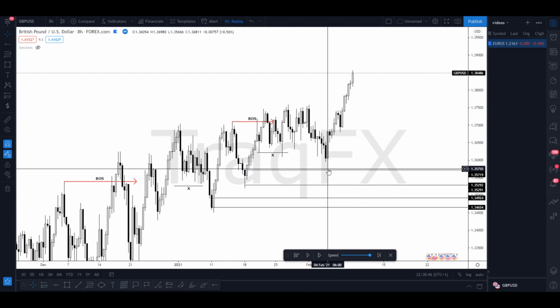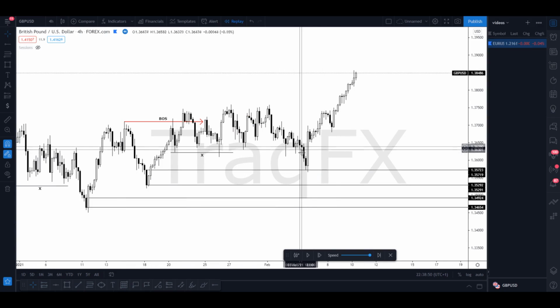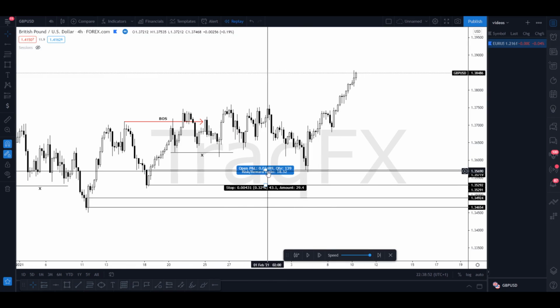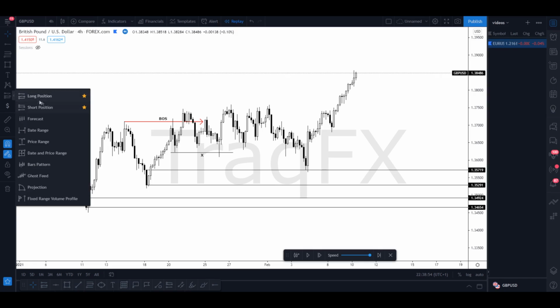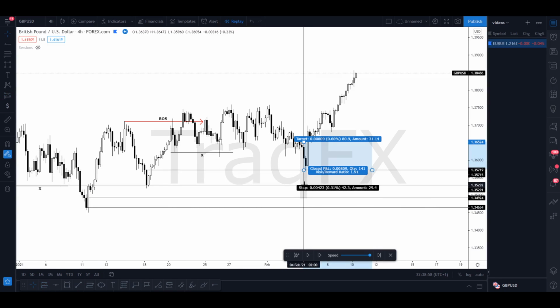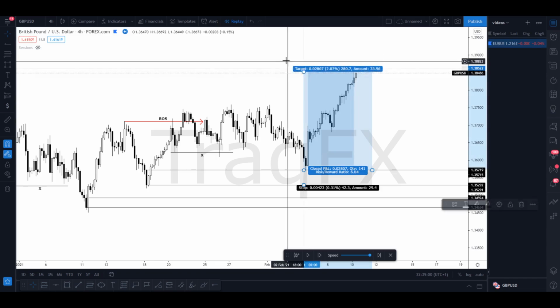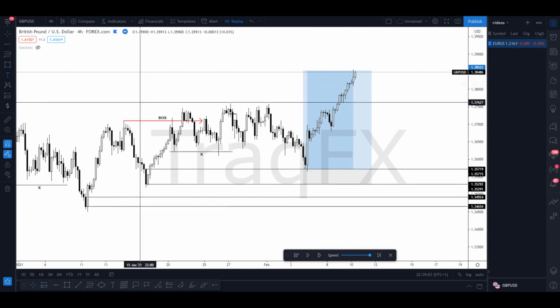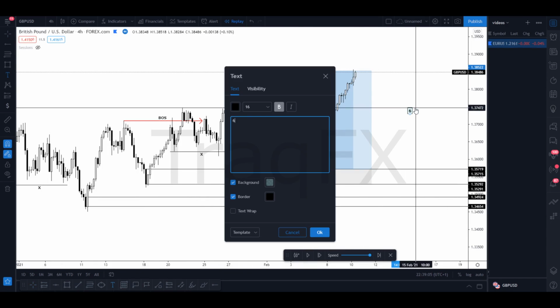So what I would do now is I would write down right here. We'll go down to the 4 hour. At this point I would put my entry right there, stop loss at the low, and then TP, let's just put it right here. Now this would be a 6-to-1, so I would write down 6-to-1 outcome winner, risk 1%,